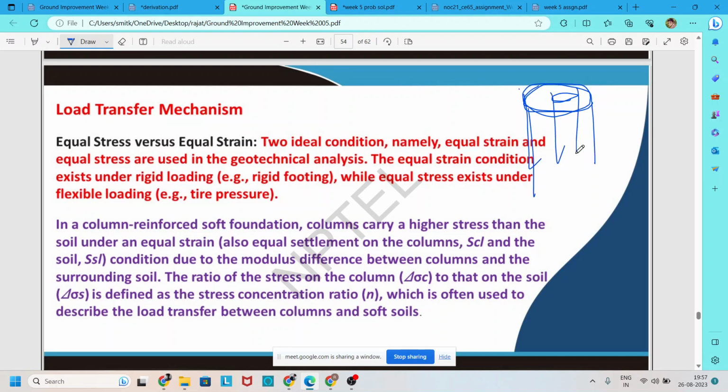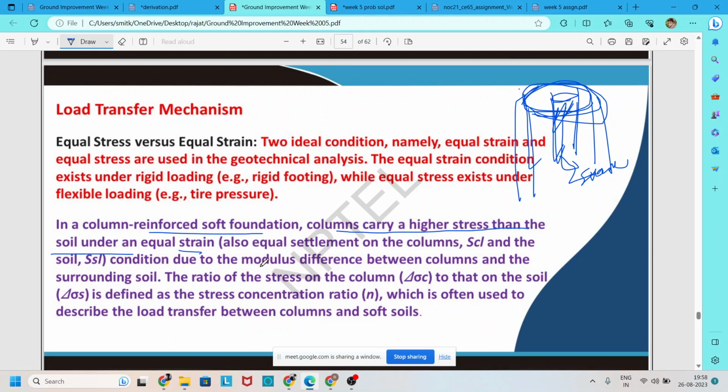One is good material, that is stone, and some surrounding soil which is depressed or compacted. Based on these two, one composite column is created. If we apply or maintain equal strain for this composite material, or we can say column reinforced soft foundation, then the column carries higher stress than the surrounding soil for equal strain,